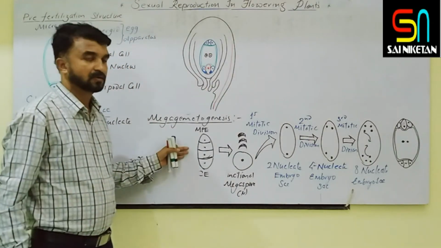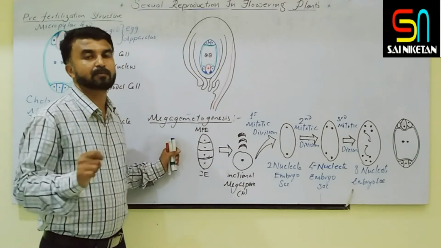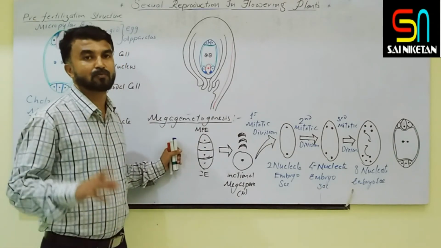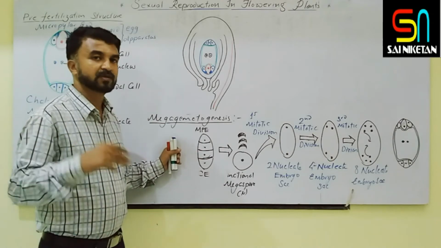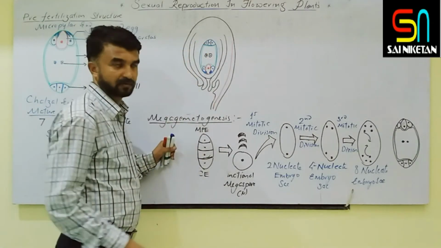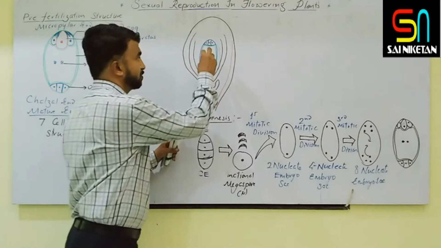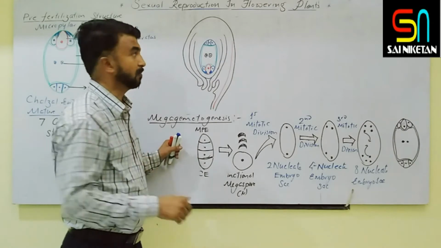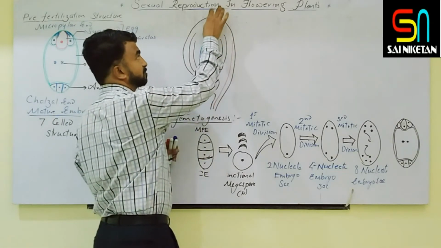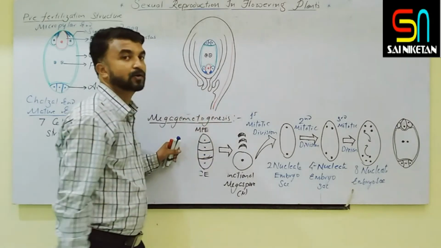So usually what happens, this is a compulsory 5 marks question in the examination. Draw the neat labelled diagram of megasporangium or anatropous ovule with embryo sac or without embryo sac. Usually in the textbook this embryo sac is not given, only the empty figure is given. Clear? If you want to fit this embryo sac into this ovule, remember antipodal cells are always present toward the chalazoid end and the egg apparatus is always present toward the micropylar end.